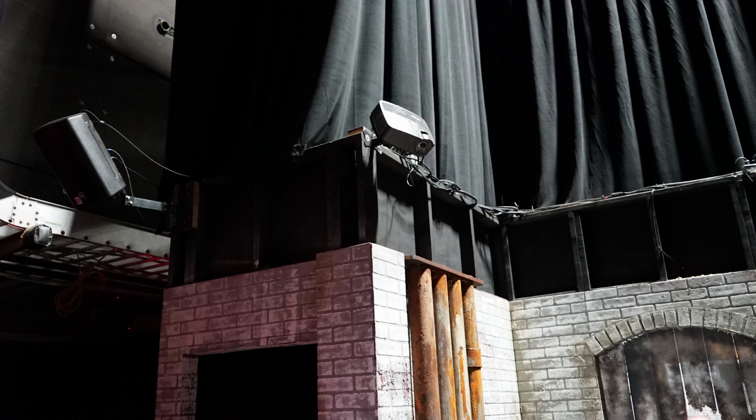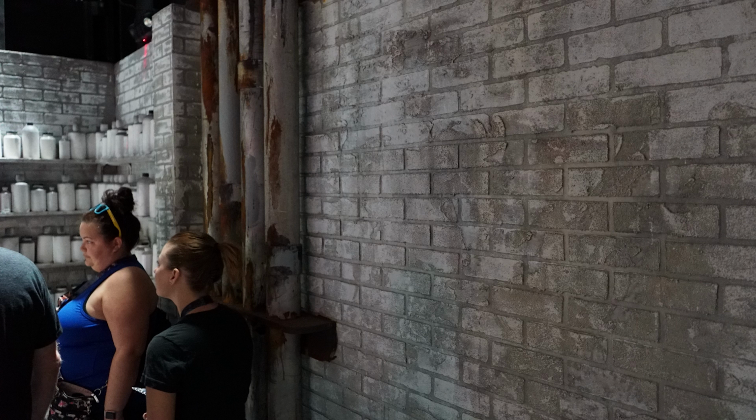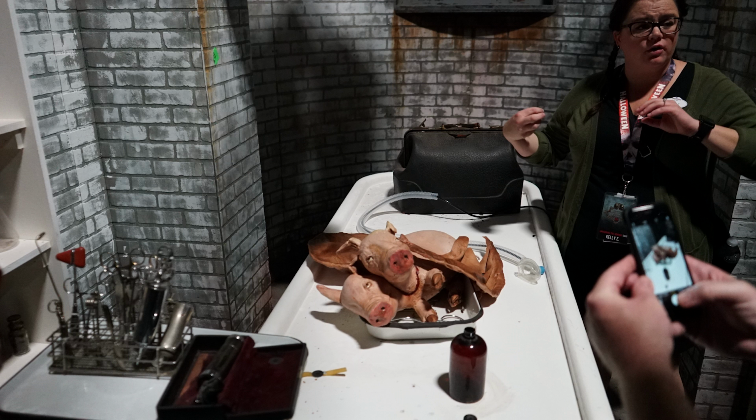So this room right here, we're basically showing you the projectors, and those project onto this wall, and they project the opening credits. So it really feels like you're walking into an episode of American Horror Story, and we're going to start with Murder House. So this is the